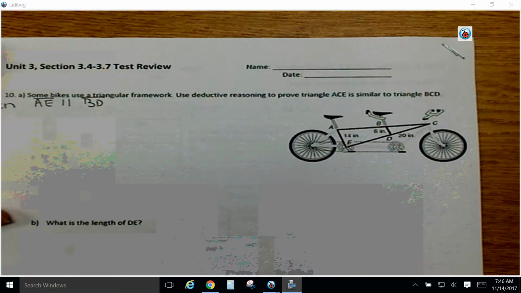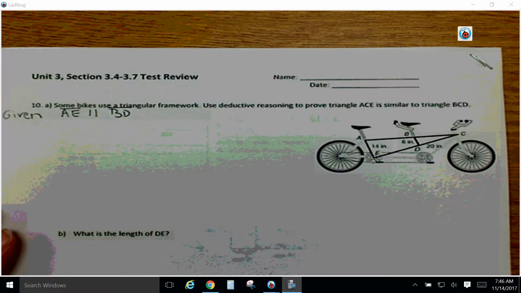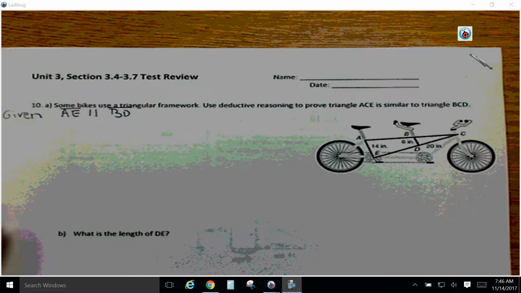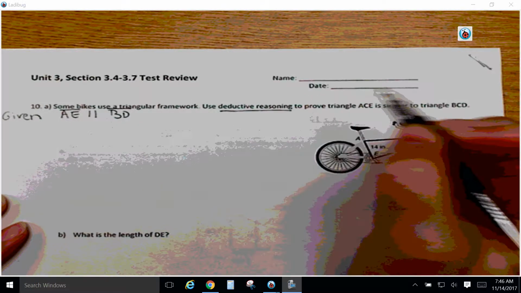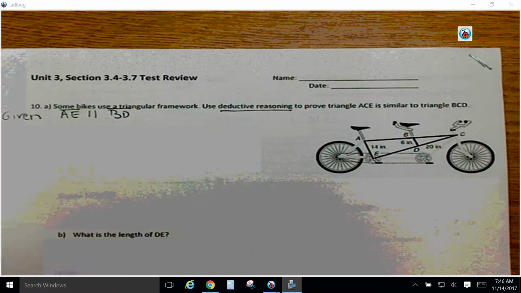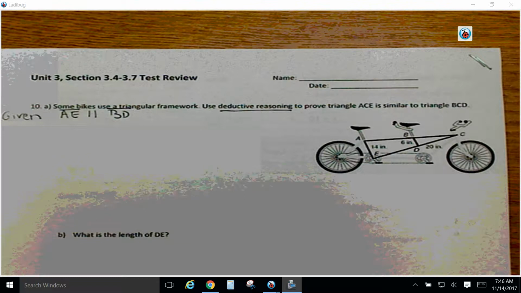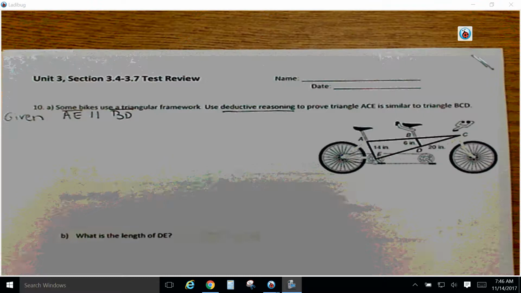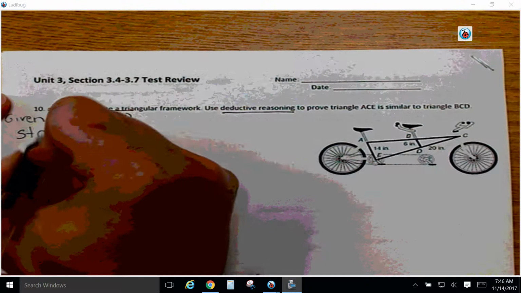It says some bikes use a triangular framework, use deductive reasoning to prove that triangle ACE is similar to triangle BCD. Well, the key here is it says deductive reasoning, right? Deductive reasoning means facts, and here in geometry, one of the ways we've been using deductive reasoning is through a two-column proof. So the fact that it says deductive reasoning should have helped you to know that a two-column proof would be needed. So then we're going to have a statement